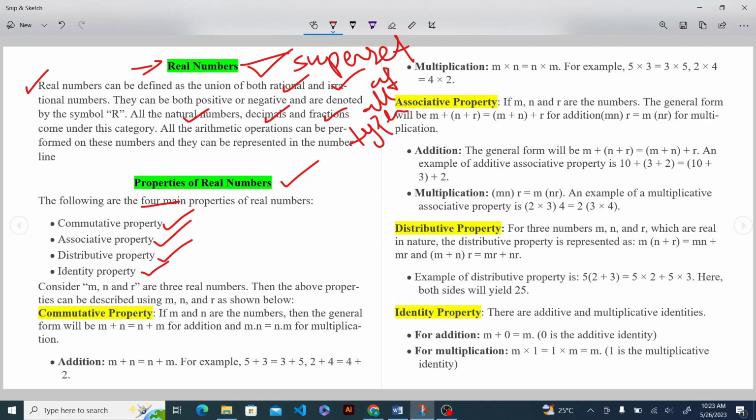Okay, one thing I missed here is the symbol of the real numbers. Real numbers are shown by R. R represents real numbers. Okay,